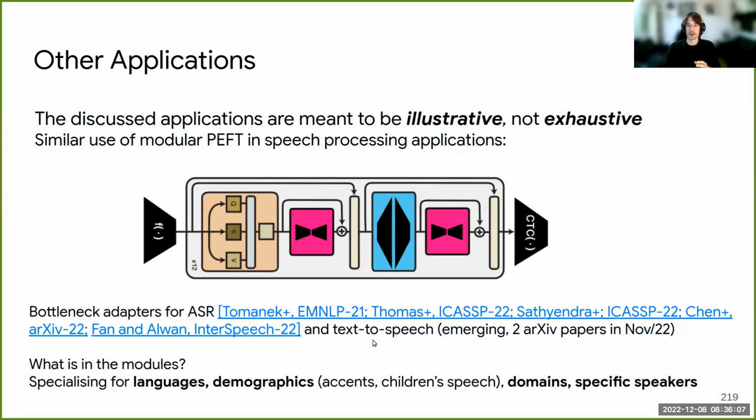It's just that the actual objective function is different, the actual base model is different. So we are combining the CTC loss with weight to back model in speech processing, for example, if you want to do ASR. But you're still using exactly the same high-level principles, where you're trying to force particular knowledge about languages, demographics, like accents or kids speaking, and domain-specific speakers into dedicated modules, so that you don't really get into the problems with interference and forgetting, and so that you also equip low-resource scenarios with more dedicated